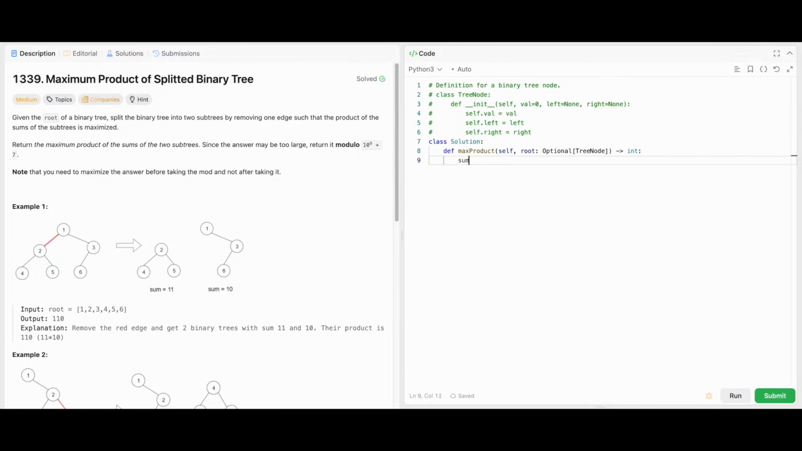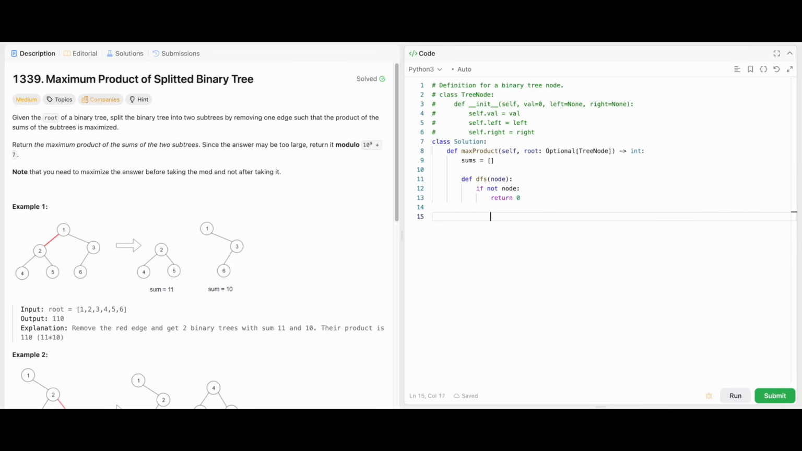So first we will set up the sums to an empty array, and then we will define the DFS function. So if it is null, we just return 0. Otherwise, we will look to the left and we will also search to the right, and we will calculate the total, which would be the left side plus the right side plus the value of the node itself, and we will add the total to sums and return the total for the function. So we will get the total sum of the entire tree from DFS of root,